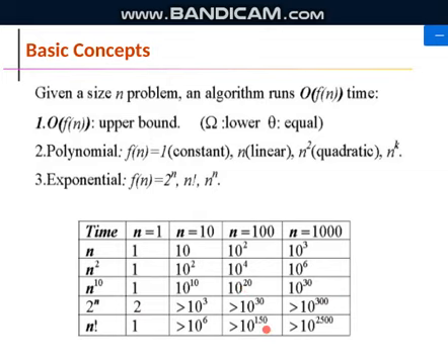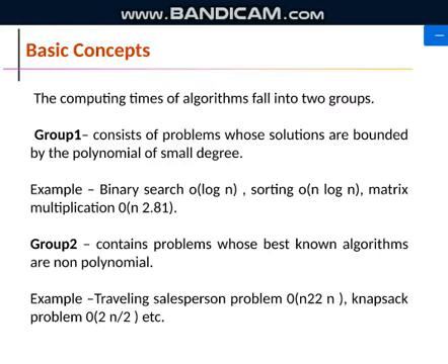So here NP hard, NP complete, P, NP, this is nothing but what we are trying to do is reduce the cost, the time taken to solve these problems. We are just assuming that there is some trick or technique that will help us to reduce the time taken to solve these problems. Okay, see here, the first example they have taken is binary search. So that is polynomial, and this is taken as non-polynomial, the traveling salesman problem. So P is nothing but polynomial and NP is nothing but non-polynomial.